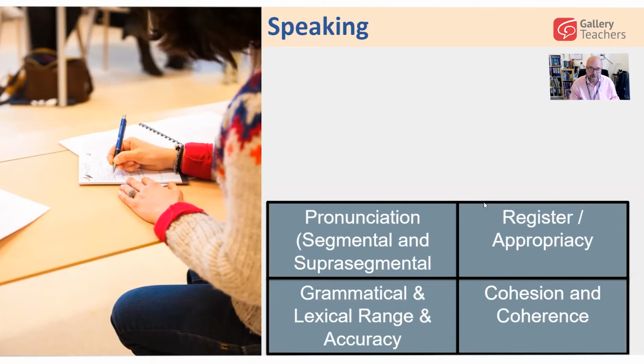I would suggest that those 4 points are, if you like, the bedrock of linguistic development. They are just as important for writing as they are for speaking, and therefore arguably these should be focused on not in the speaking class but in the language development class, because in the speaking class we need time and we need as teachers to focus on other areas, and I'll show you these on screen now.